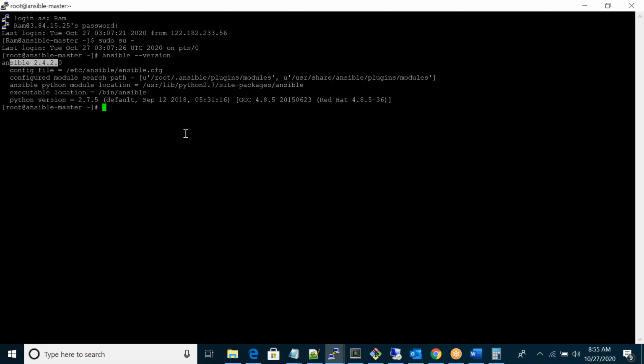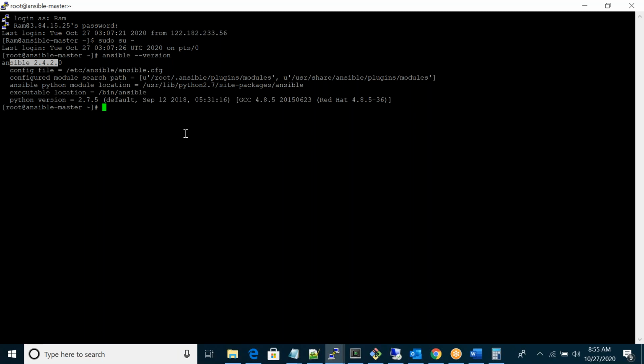By default it will install 2.4, but 2.4 is enough. This is a stable one, like 2.4, 2.3, 2.8. Still, if you require 2.9, 2.10 or the latest 2.11, then you have to mention that full name in the install command, Ansible 2.10 x86_64, some name will be there.